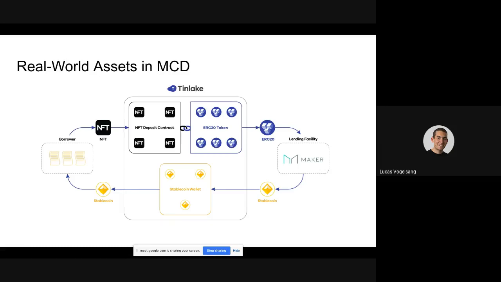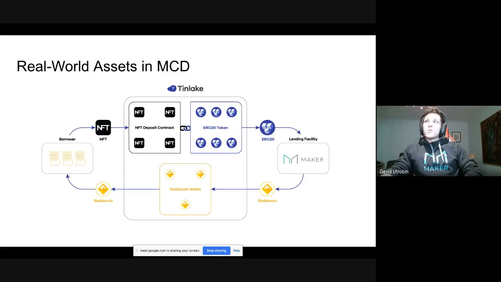They have vastly different risk profiles, different returns, therefore should have a different stability fee in Maker, different collateralization rate, different debt ceiling, and also a different ERC20 token that is used as collateral. So those are independent. The token is a specific set of assets, and in this example, it's all of PaperChain's assets. Got it. So you see instances of Tinlake supporting various asset types, right? Maybe you'll have a Spotify loan type and a title loan type, and all of those can fall under a similar risk category, right? Is that the right way of thinking about it?